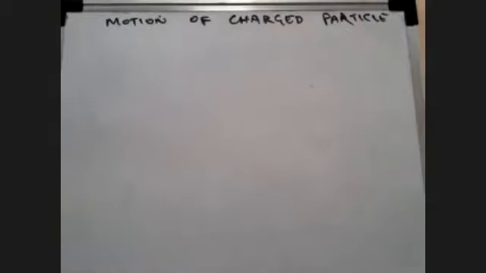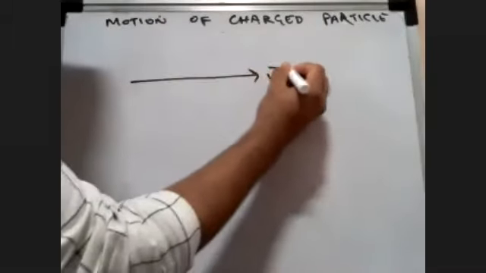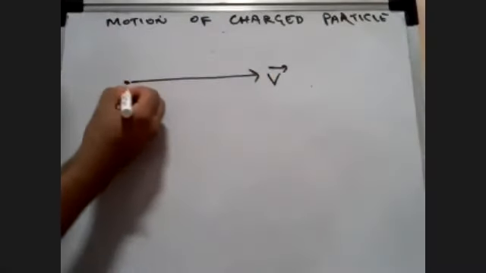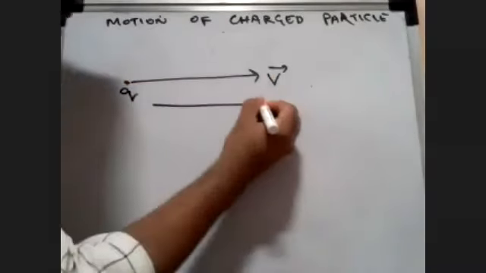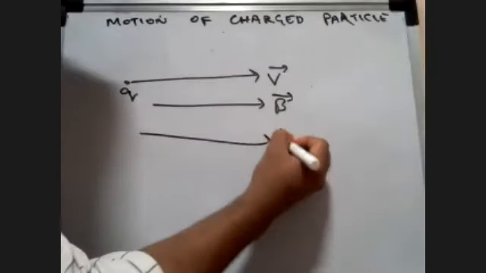A uniform electric field and a uniform magnetic field are acting along the same direction in a certain region. Both are there. They are in the same direction. So if an electron is projected along the direction of the field with certain velocity, then what will happen? That is the question. So basically they're telling my velocity vector is here of the charged particle. Let's say this is Q. My magnetic field is here, B, and my electric field also is here.